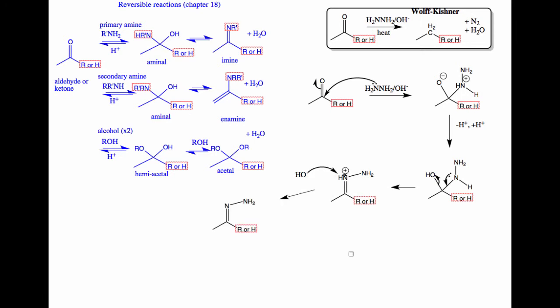This provides us with our imine intermediate. Note that this imine looks very much like the imine up here. In fact, it's the same intermediate. But in the presence of strong base, we don't stop here. In the presence of strong base, one of the protons we can possibly remove, especially with heat, is the hydrogen on the end of the hydrazine to create our first carbanion. This carbanion is resonance stabilized. It's much like an enolate ion,